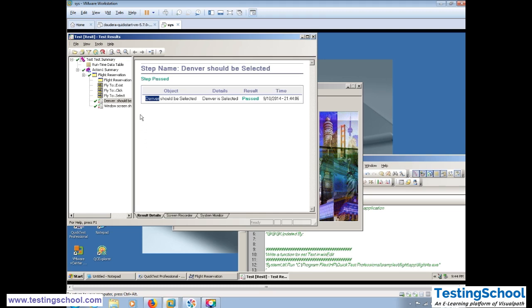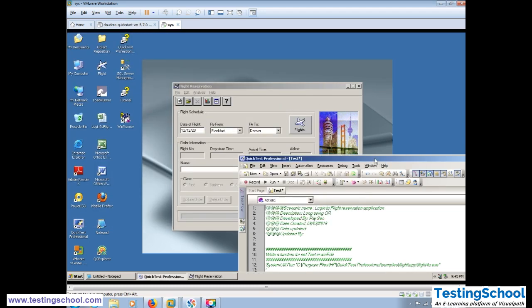is really appreciated as part of reporting. Clients really appreciate these things because they get a clear idea. If you just say the drop down list is selected, then sometimes they do not know which drop down is selected, whether it was expected or not, whether the intended value is selected or not. Windows screen should be displayed, Windows screen is displayed. Okay,